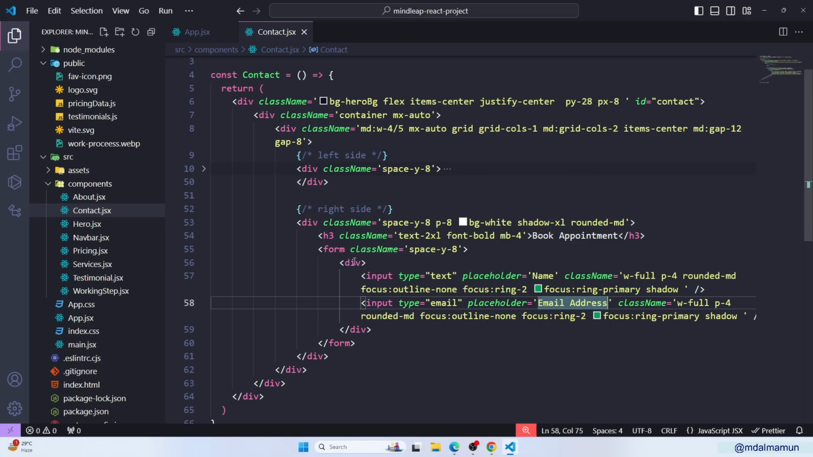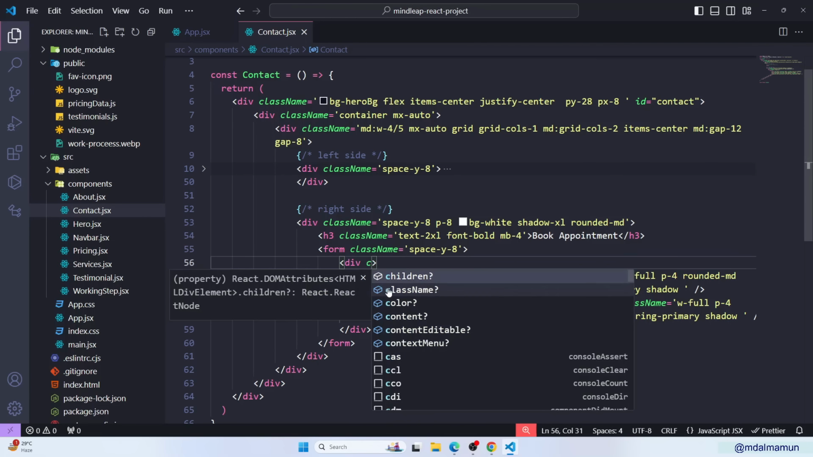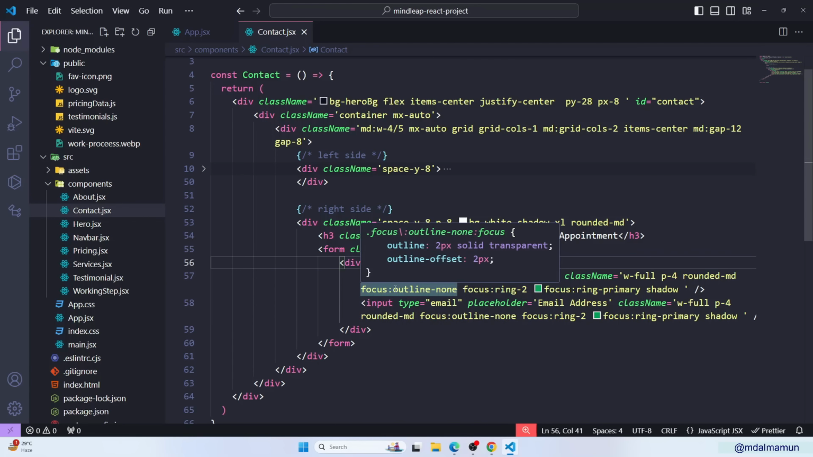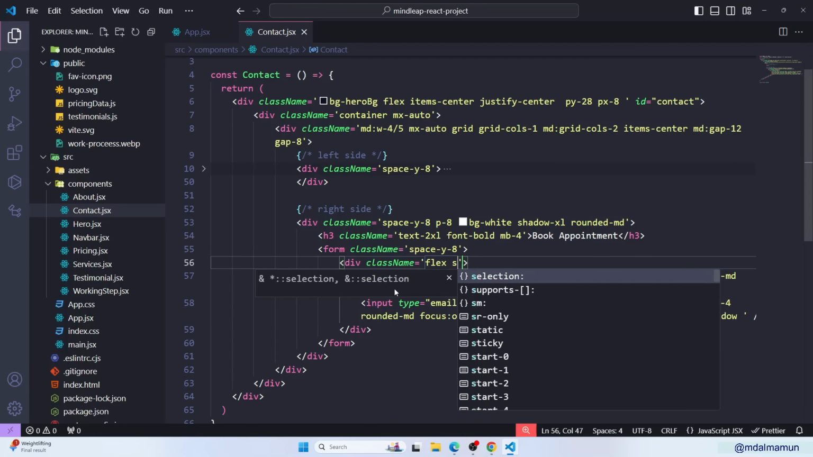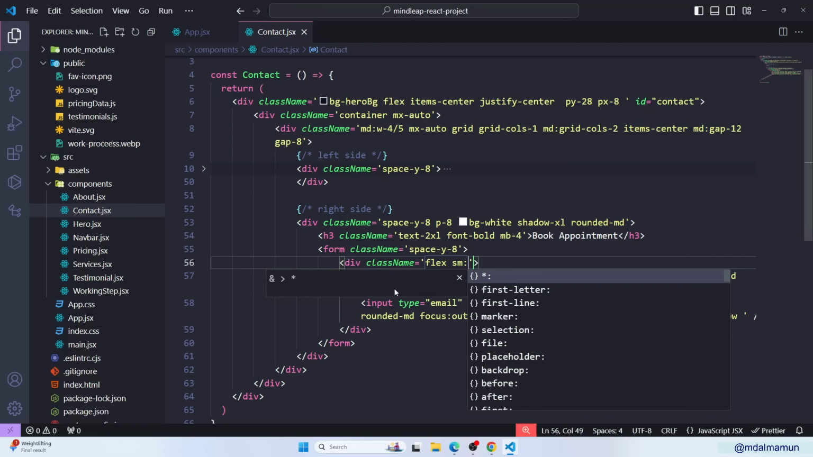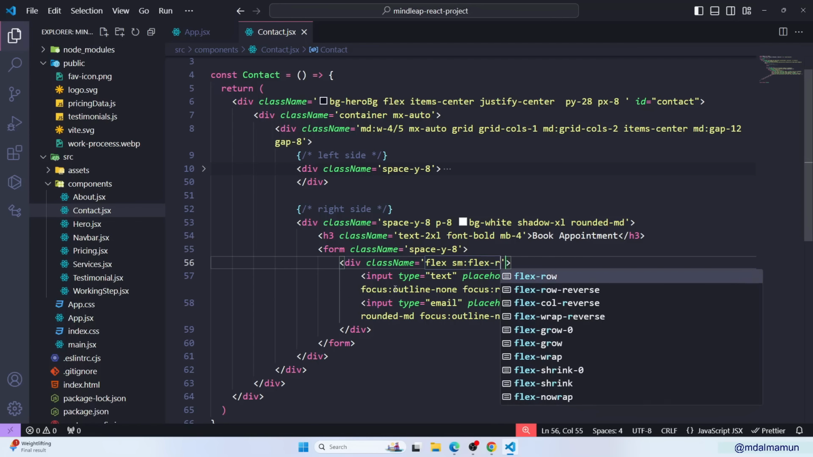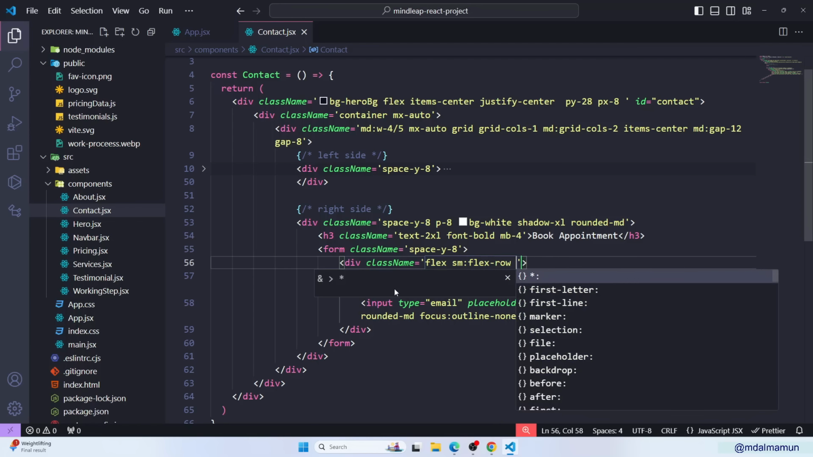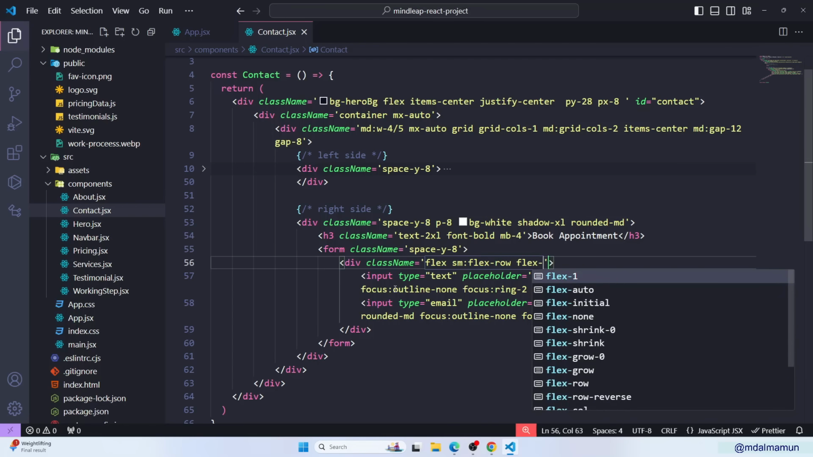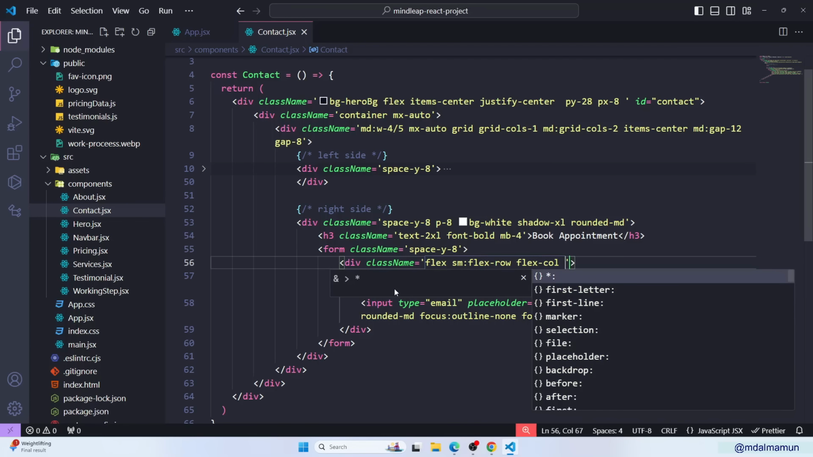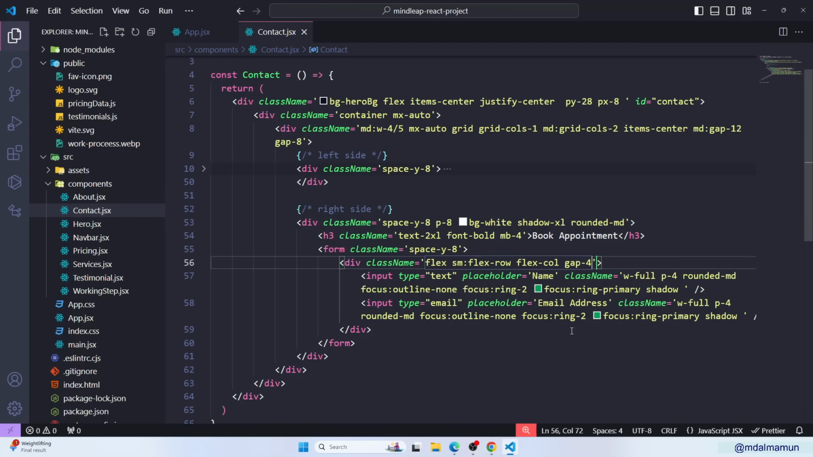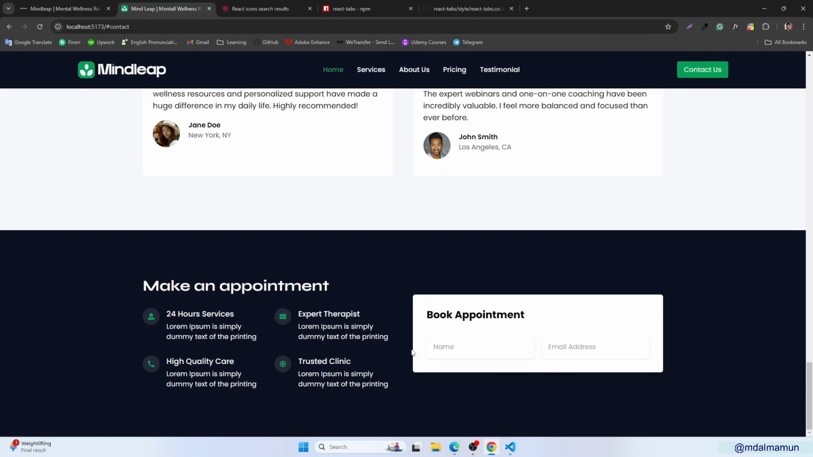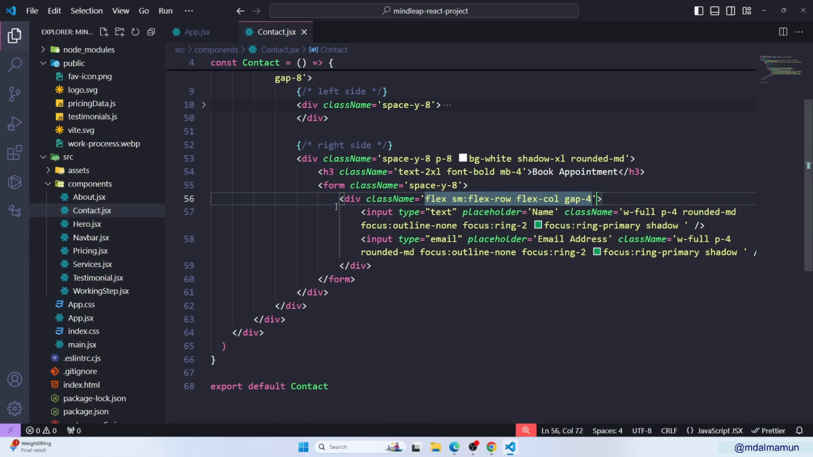this is email address, and here on this div actually we will have to define flex. On sm devices it will be flex-row. By default flex will be column, and finally gap will be 4. Let me check it. You can see this is perfectly done. After having this, what you have to do, you have to simply make a copy of it,